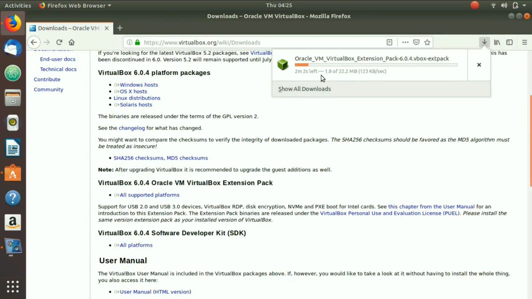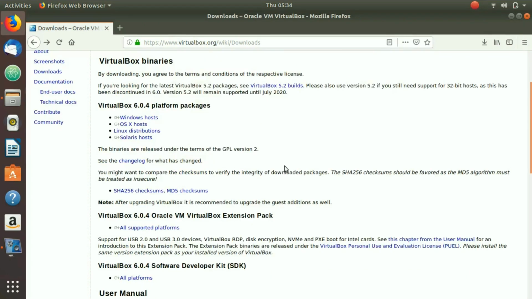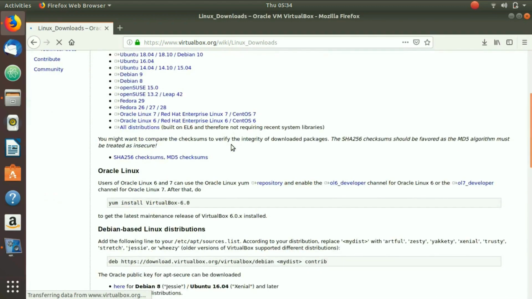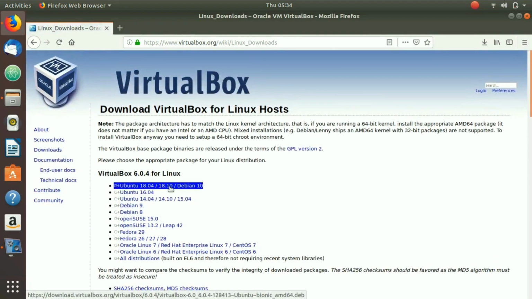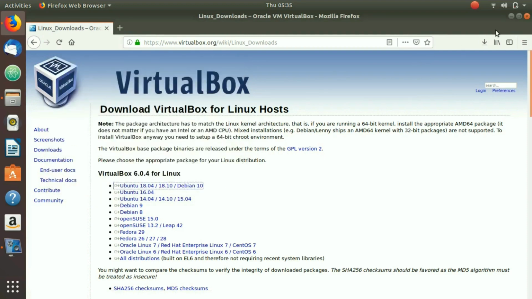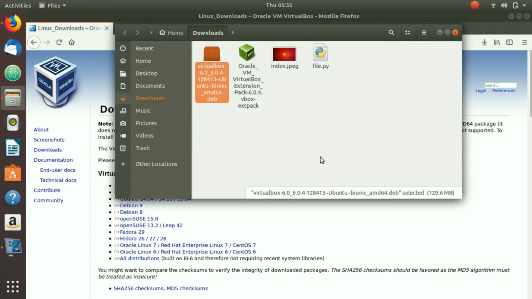Once you have done that, you are going to go to the Linux distributions, and from there you are going to download it for your Ubuntu. In my case it's 18.04 LTS, which is the version of Ubuntu that I have. So I would click this and it would start to download. Once you have downloaded both of them,